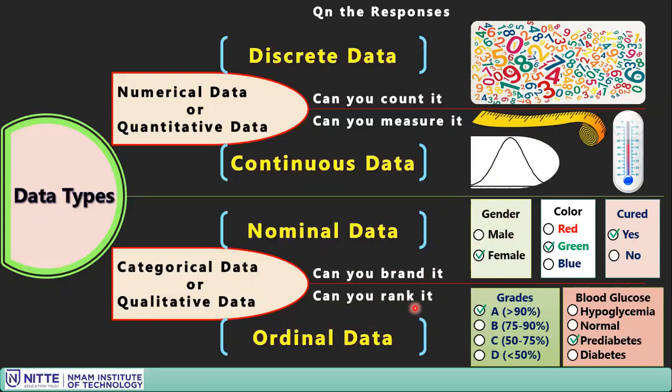Ordinal data, you are going to rank it. So they are again kind of nominal data, but there is a specific order in which they are named. Whereas in gender, male and female, you can reorder, in ordinal data you have to consider them in a particular order. A, B, C, D is ordinal data here. A is based on the score above 90%, a range is created, so the grades are created in a particular order. You cannot rearrange them like B, C, A, D or B, D, C, A. That's called ordinal data. Likewise, blood glucose, low glucose to high glucose, you can rank it. So that's called ordinal data.